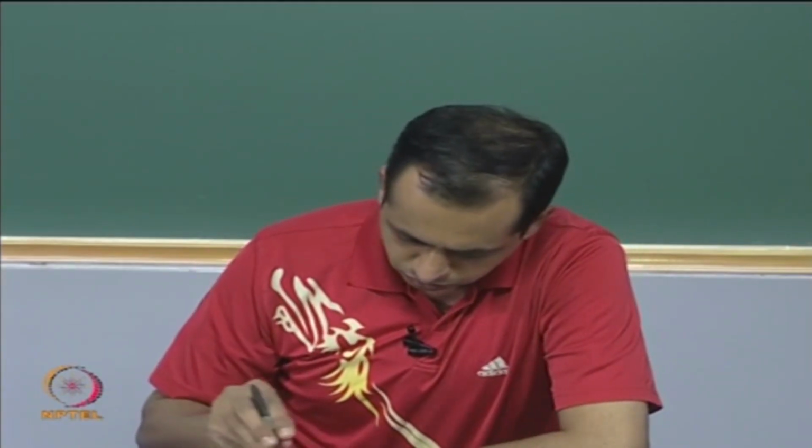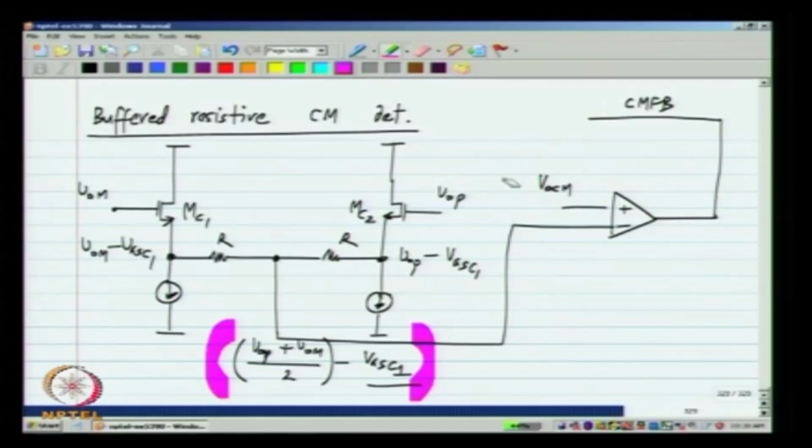It is very clear that instead of comparing the detected common mode voltage with VOCM, if I compare it with VOCM minus VGS C1, I will get exactly what I wanted. (VOP plus VOM)/2 will be equal to VOCM. What I mean is, I should not do the comparison with VOCM, but VOCM minus VGS C1. Now, how do I obtain this VGS C1